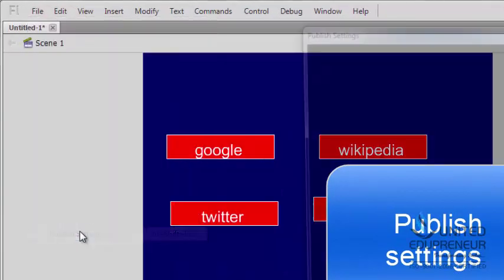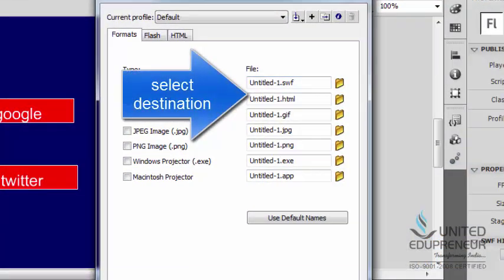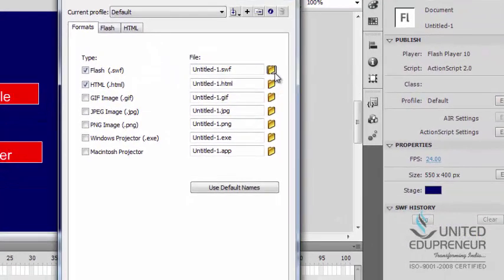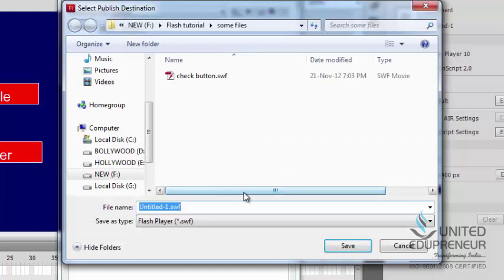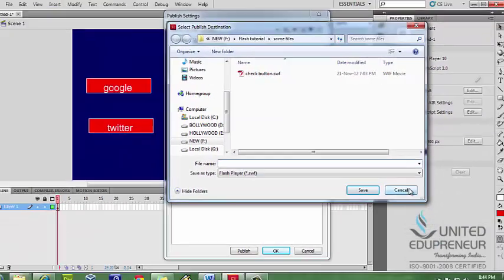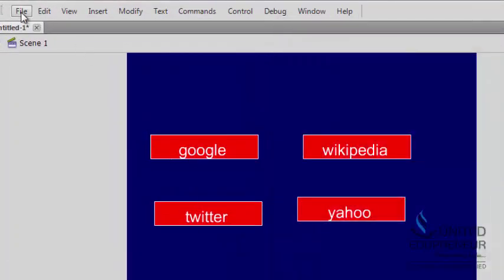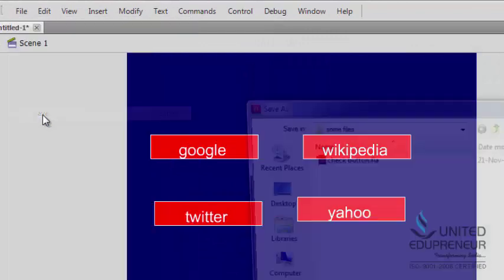Go to publish setting, and if you want to create flash format file and HTML file, just click here for destination folder, means path, where do you want to publish this. Okay, and write any name here, multiple button or anything. Okay, first I want to save this program, file, save,